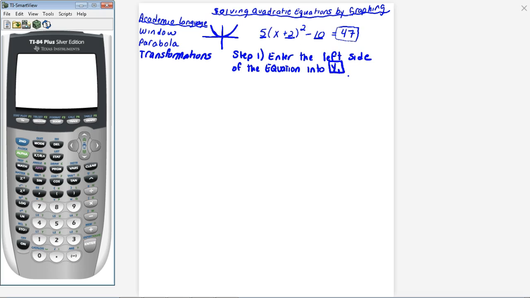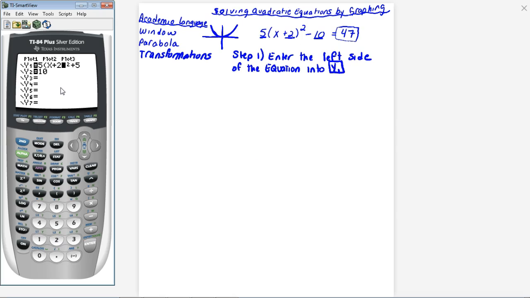Okay, do you remember how to get there? Go to your calculator. You hit the y equals. Do you see where my arrow is? So I'm going to click on y equals. And I've already done it. Oh, it looks like I have a different equation in there. So let's see. This is 5 times (x plus 2)